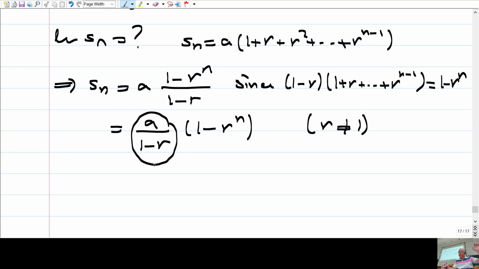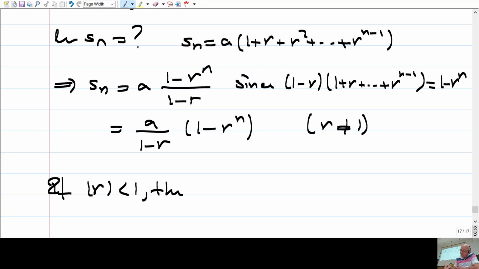So A over 1 minus r is a real number. And then I take the limit of this expression. The limit of 1 is just 1, and the limit of r to the power n: we know that if r is less than 1 in absolute value, it is 0, right? So if |r| is less than 1, then the limit of r to the power n is 0. That's part A of the theorem we proved in the beginning of the lecture, as n goes to infinity, so that